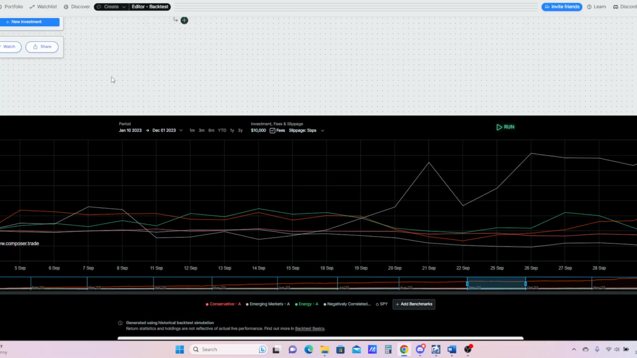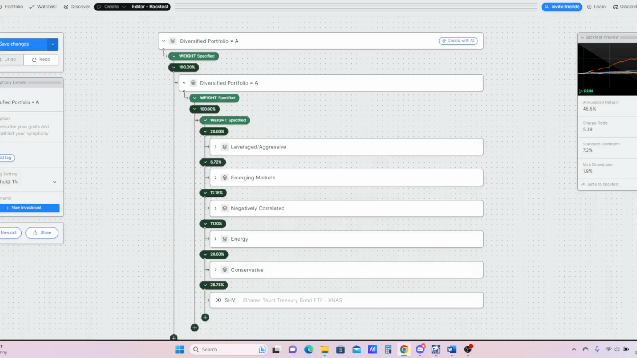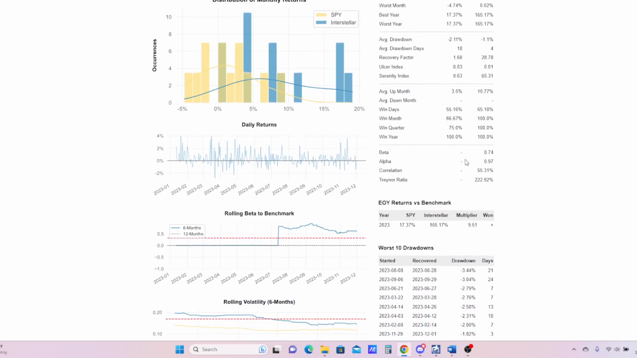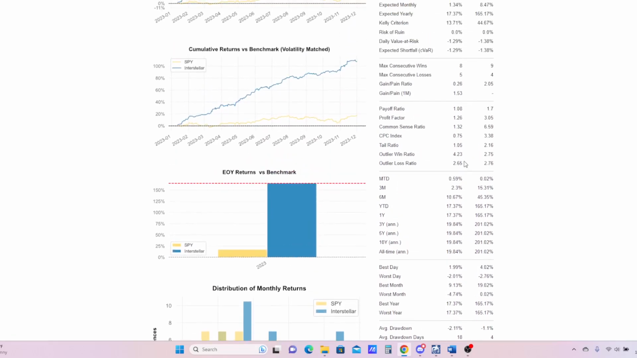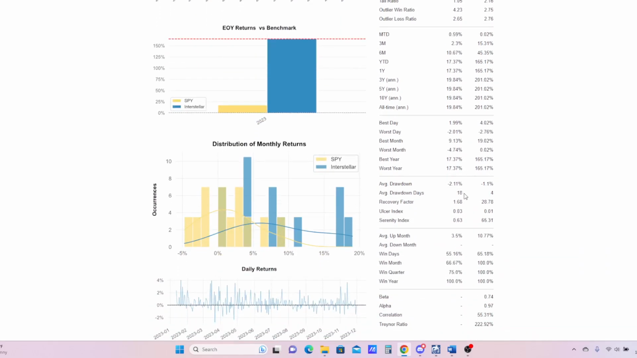But yeah, and then the other thing is, let's go back here. Okay, so I still have Interstellar. The other thing I was talking about earlier was how fast they recover from drawdowns. So I'm looking for them to recover from drawdowns relatively quickly. If you look at average drawdown and average drawdown days, S&P average drawdown is 2% over 18 days, while mine is 1.1 over 4 days. So in other words, it's recovering from drawdowns relatively quickly,